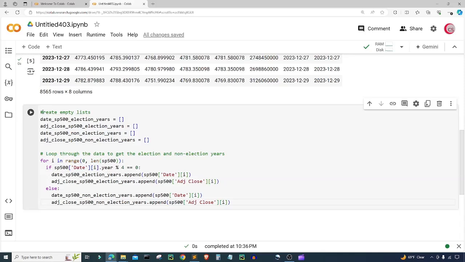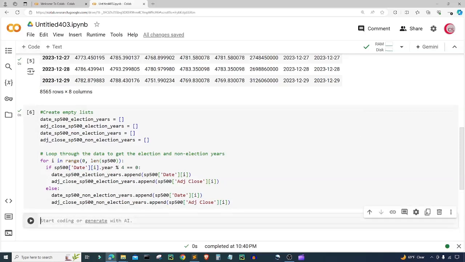So let's go ahead and add that C here and let's run this. All right, so I think everything went well. I'm going to create a new cell. Hopefully everything did go well. We will see. So next I'm going to create an empty data frame and store the election years